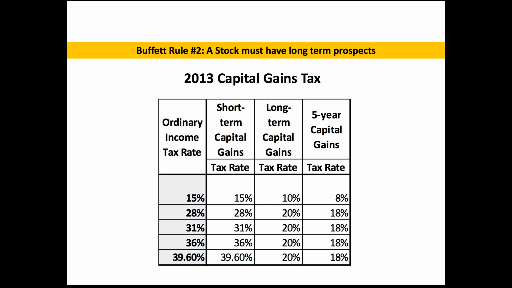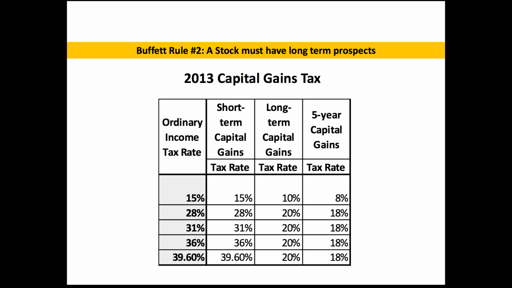Now, the amount depends on what income bracket you're in and how long you held the asset. Since you held it for 6 months, that's considered a short-term capital gains. If you hold it longer than a year, that's considered long-term capital gains. And this is new to 2013's capital gains structure, so I'm going to cover that. Anything over 5 years is taxed at a different rate. So the longer we hold it, you can see on the chart there, the less we pay in the taxes.